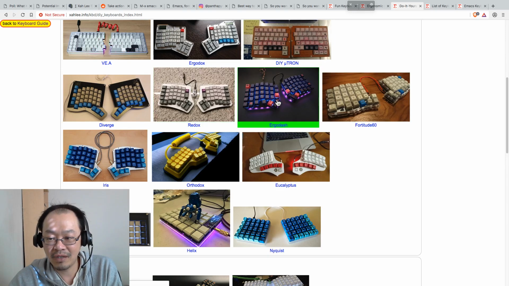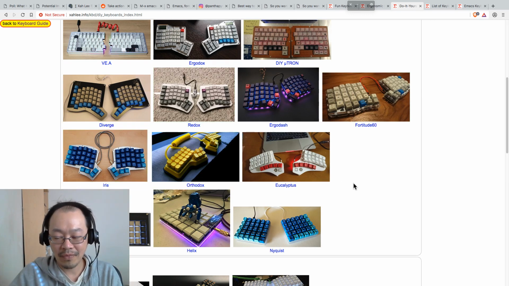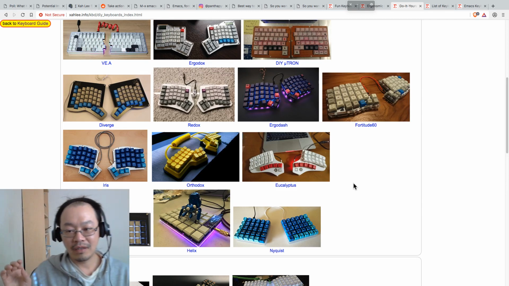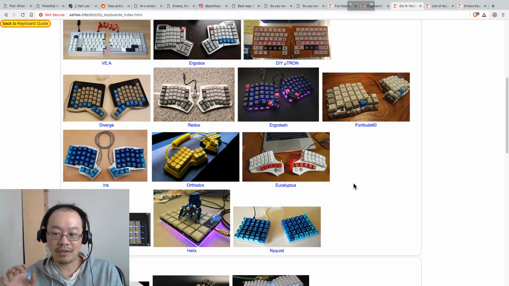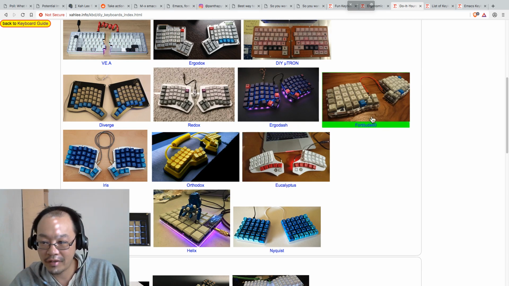If you look at this one, and this one, they're almost the same. But this is important. Even if two of them look the same, for example this one and this one, Ergodash versus Fortitude,